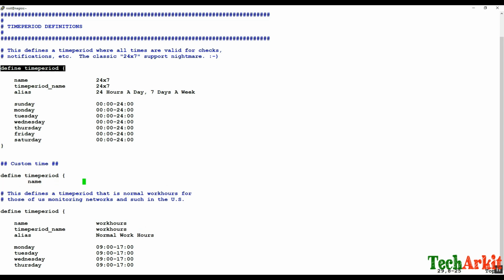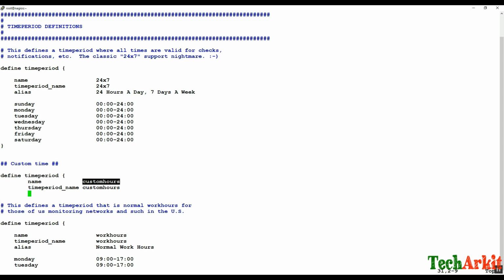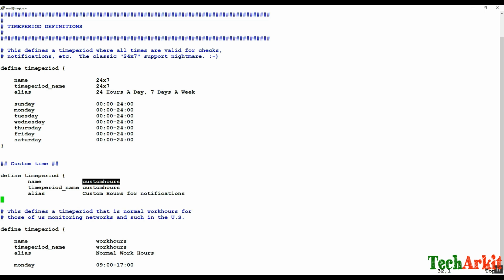And for the name, I'm just going to say custom hours, and the time period name. Whatever time period name you call it, you have to use that same name in any of the host templates or service templates to take effect of these timelines. Okay, so alias I'm just specifying this custom hours for notifications, and I'm defining from Monday